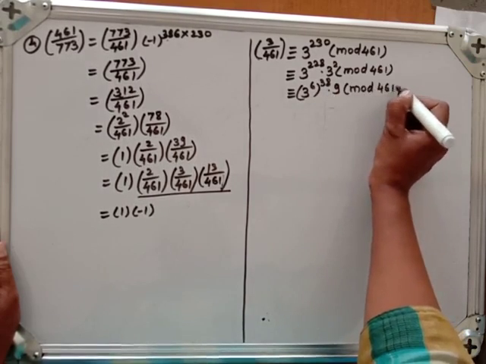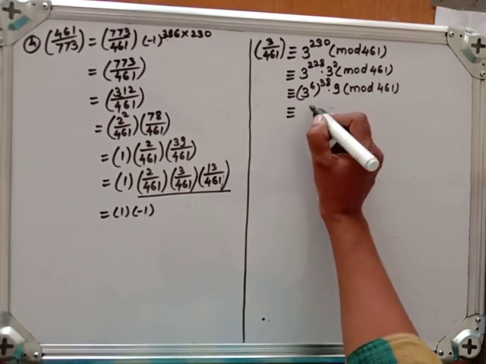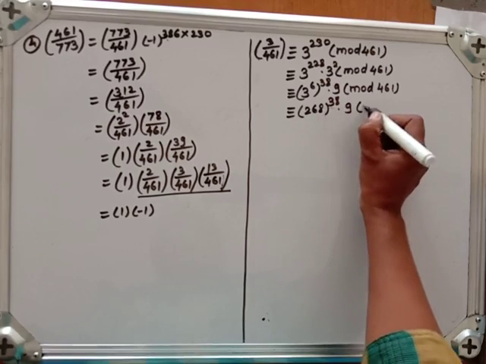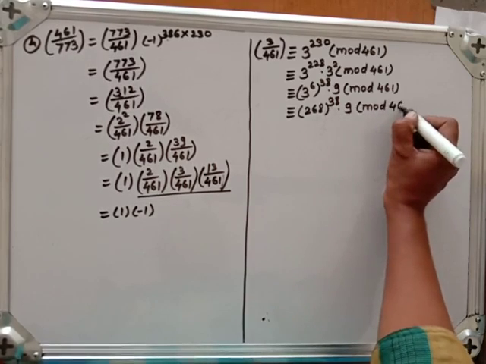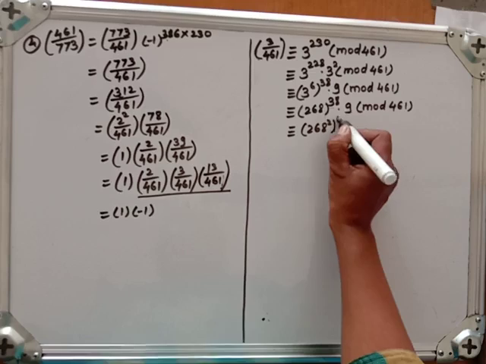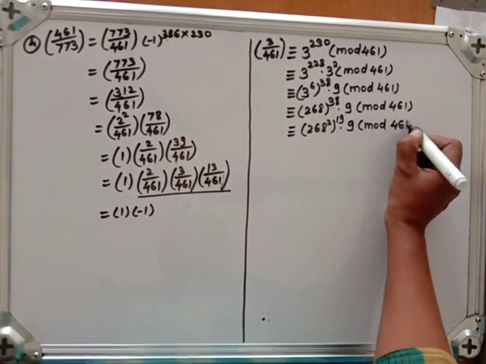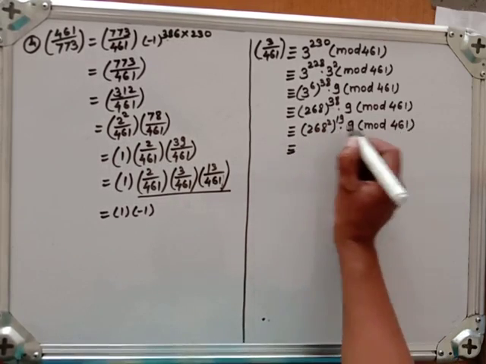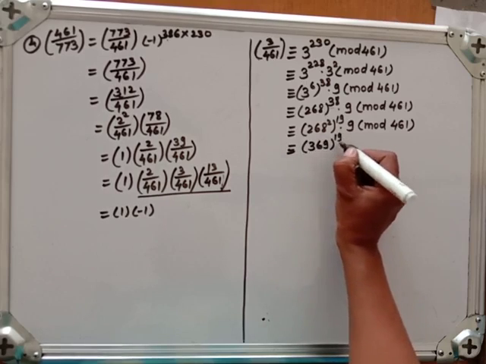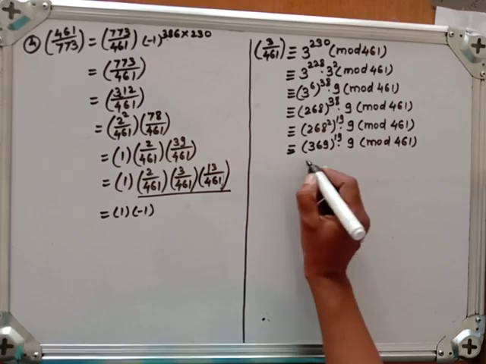461. So this is congruent to 3 raised to 6 modulo 461 will be 268 raised to 38 into this 9 as it is modulo 461. So 268 square raised to 19 into 9 modulo 461. Now this square modulo 461 will be 369 raised to 19 into 9 modulo 461. So this is